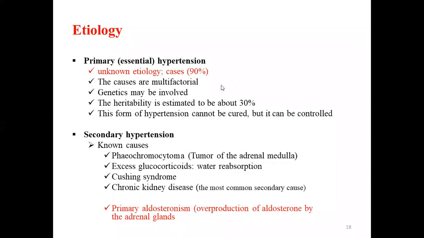So what is pheochromocytoma? Anyone? Pheochromocytoma? Tumor of the adrenal medulla. Okay, so what will happen when there is a tumor in the renal medulla? You can't release renin. So what will happen if you can't release renin? You can't activate the RAS system. But we have said